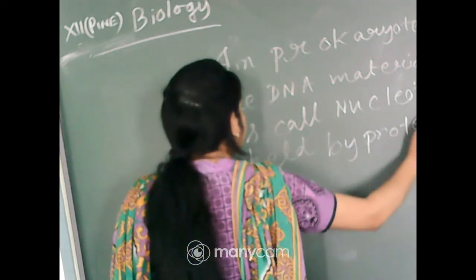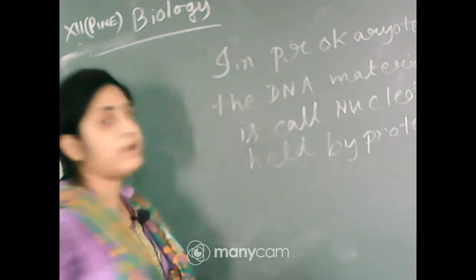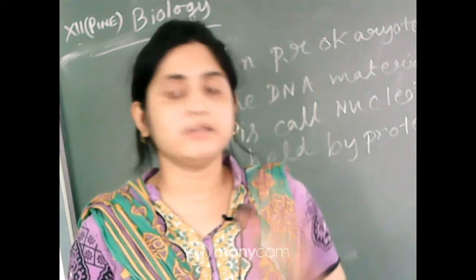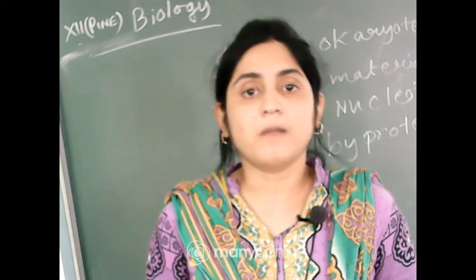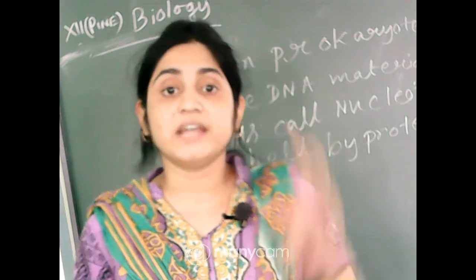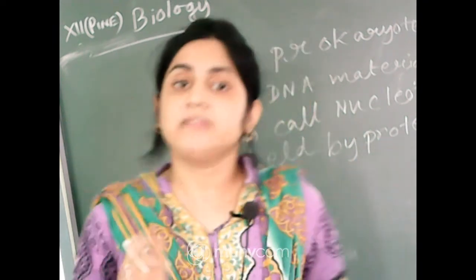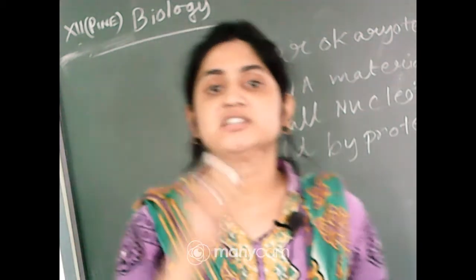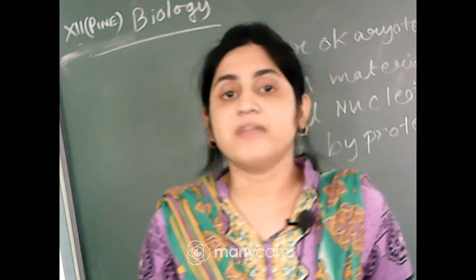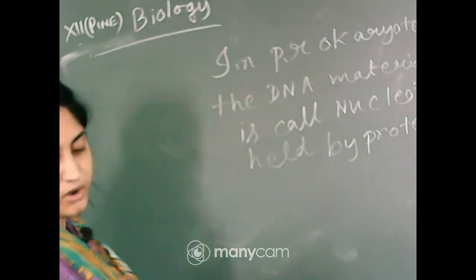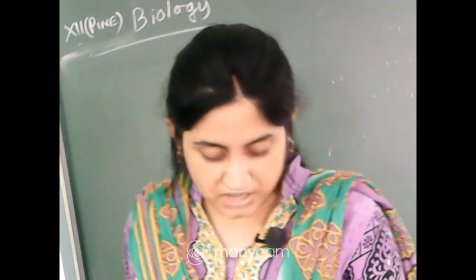You can find the nucleoid in the prokaryotes, but eukaryotes obviously have a well developed nucleus and the DNA structure is also complex. Here the DNA is negatively charged, but there is one type of histone protein that is positively charged. So the DNA coils around the histone protein and forms the nucleosome, okay. So in eukaryotes the organization is much more complex.